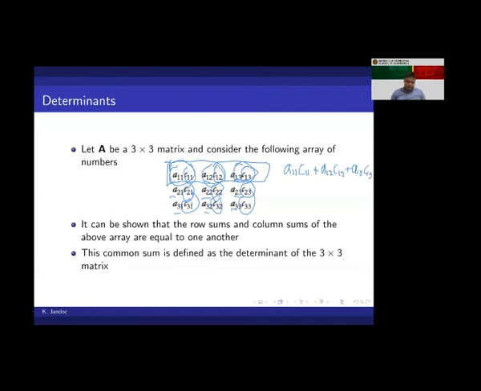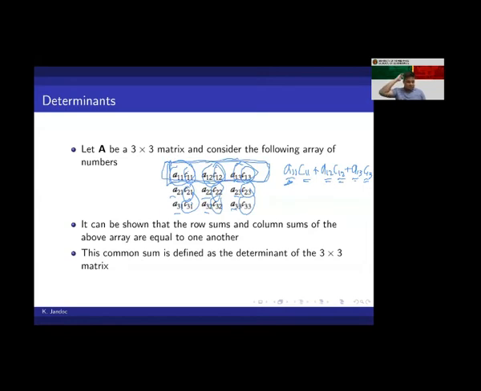So the entry A11 times the cofactor associated with it, C11, plus the entry A12 times its cofactor C12, plus A13 multiplied with the cofactor associated with entry A13. Now this sum